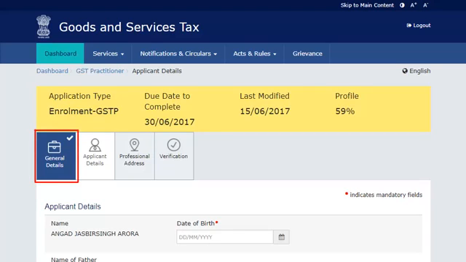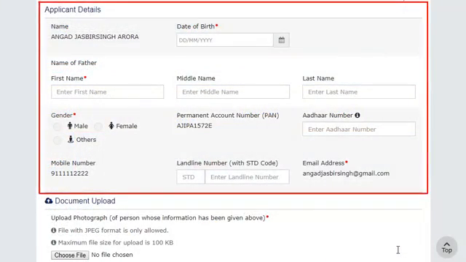Notice the General Details section's color has now changed to blue and also has a tick on it indicating the section is filled. You can now navigate to any section of the application and start filling the application. In the Applicant Details section, enter the personal information like name, date of birth, father's name, gender, permanent account number, PAN, Aadhaar, and landline number.